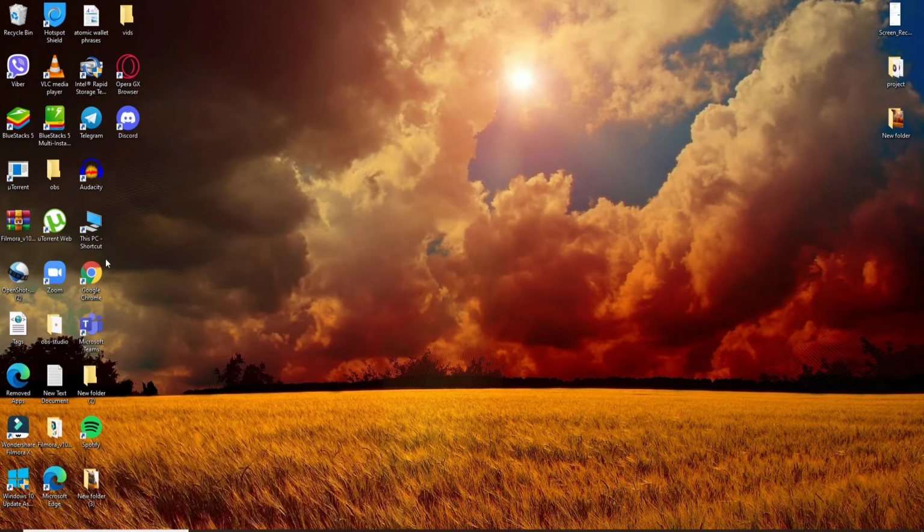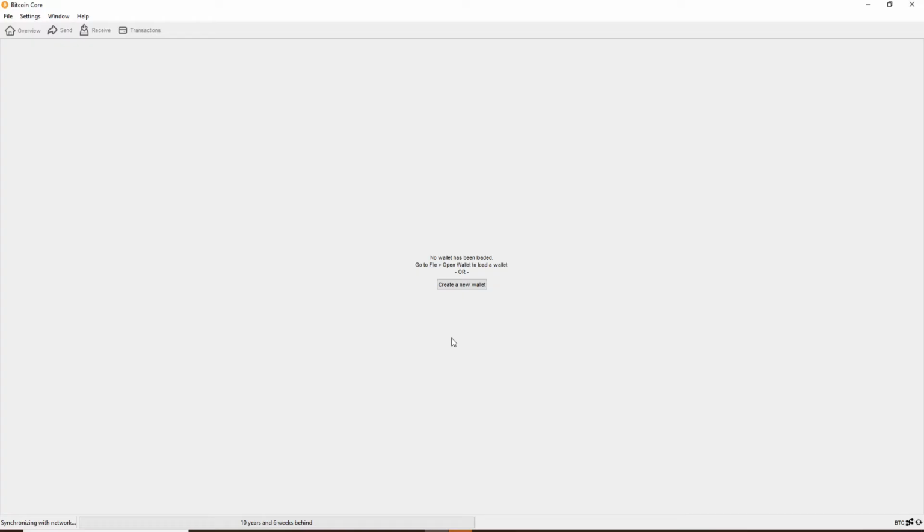Open up your Bitcoin Core application and soon after you open it up, go and click on the File option at the top left. Click on Open Wallet in order to open up your wallet. If there is any wallet available, you'll be able to see soon after you click on Open Wallet. Now click on your wallet that you would like to log into and you'll be able to log into your